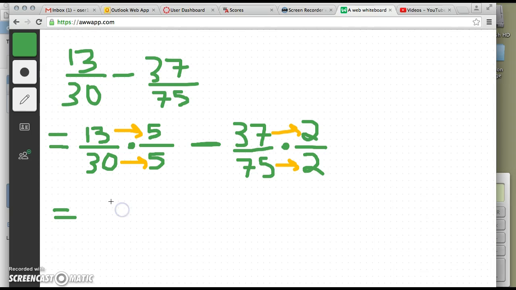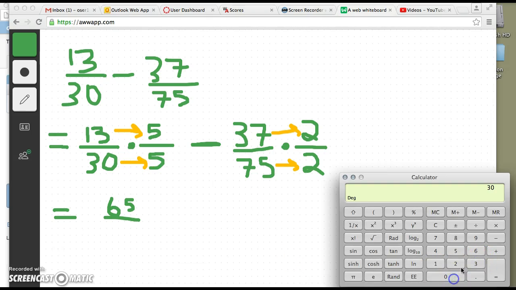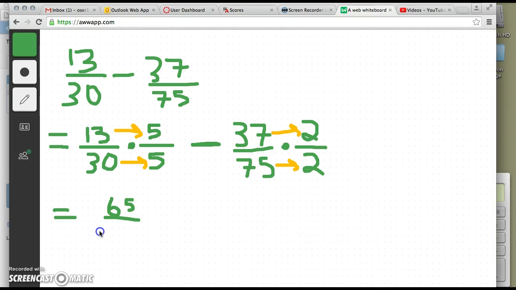That is 65, all over 30 times 5, denominator times denominator. It's going to be 150, just like we wanted,